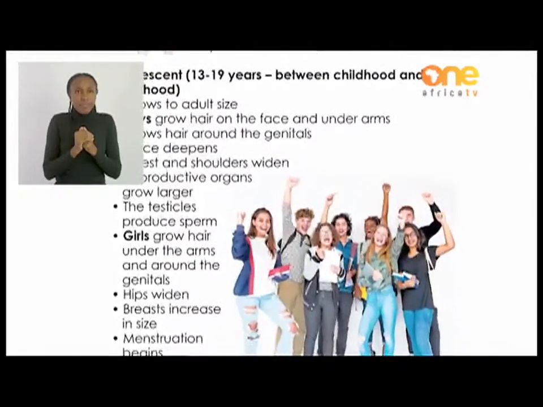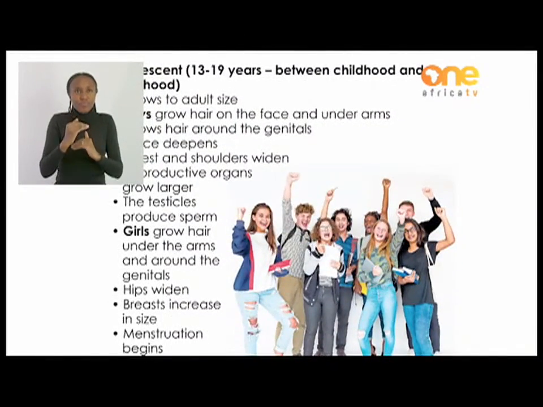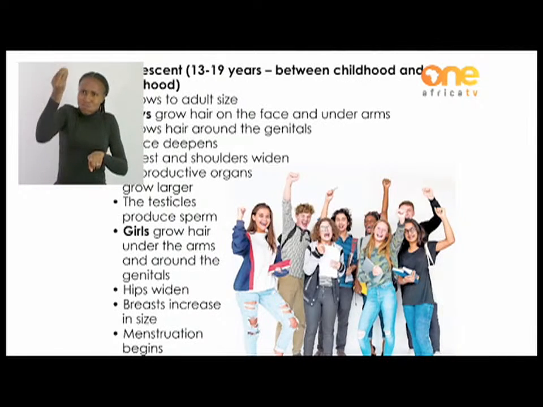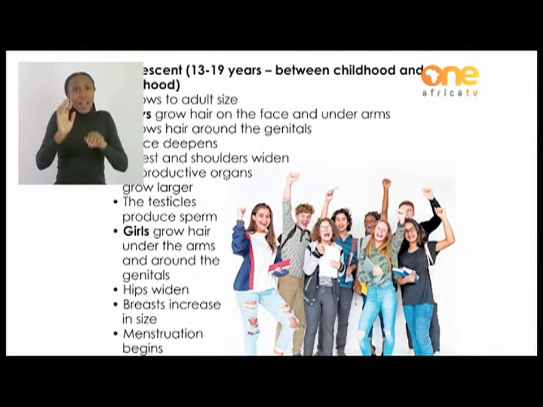The next stage of life is adolescent, which is also sometimes called teenage stage. Okay? Everybody in this stage, the age has to end with the word teen. It means if your age reads as a teen, you're an adolescent or a teenager. What happens? These people grow to an adult size. Some of them, if you don't know them well, you might even think that they are adults, but they are not. And then boys at this stage, when they are teenagers, what happens with the boys?